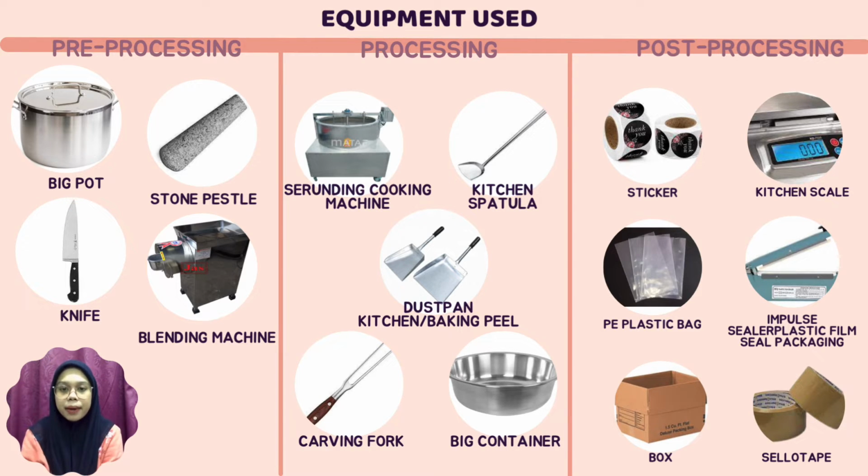For the processing part, the equipment used are serunding cooking machine, kitchen spatula, dustpan kitchen or baking pail, carving fork and big container. For the post-processing, equipment used are sticker, kitchen scale, PE plastic bag, impulse sealer plastic film seal packaging,